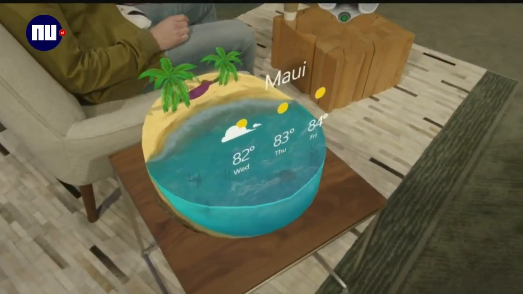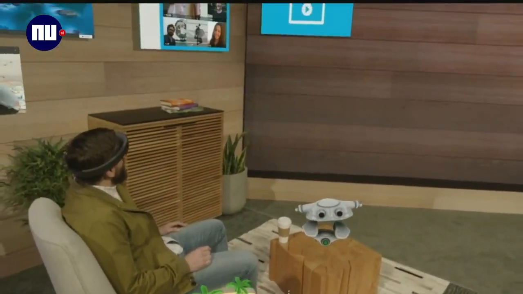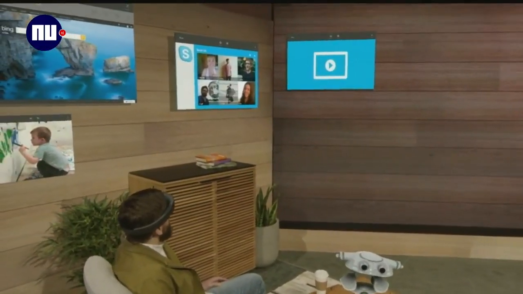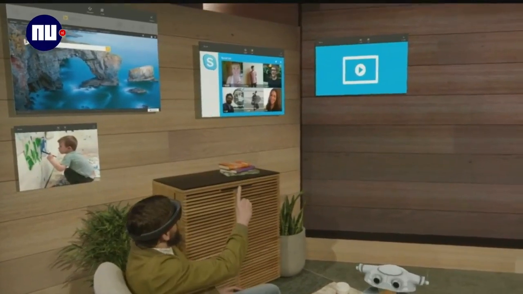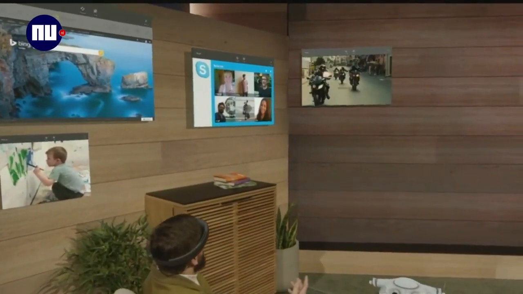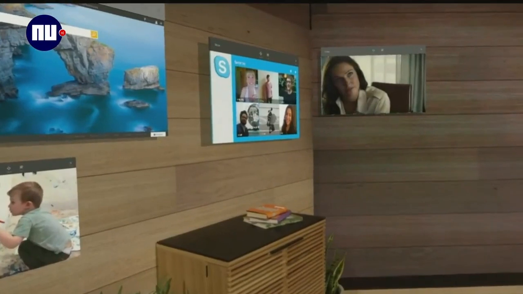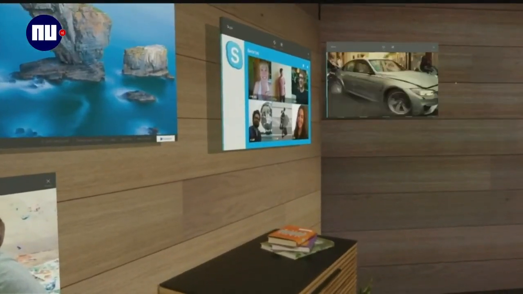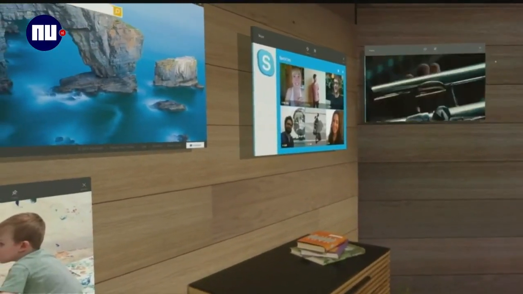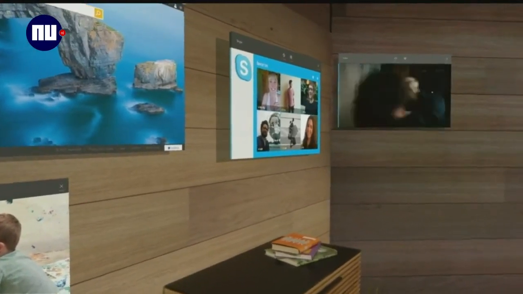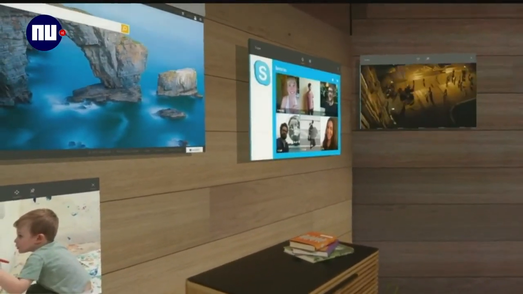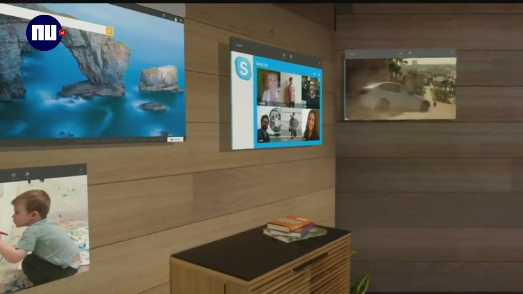Then if I look up here on the wall, to my left, I've got a video player. I simply reach out, air tap, and I'm right in the action. Now, what if Darren has things to do around the house? He shouldn't be confined to watching just on one wall. He should be able to take his entertainment with him anywhere and remain hands-free as he does it.